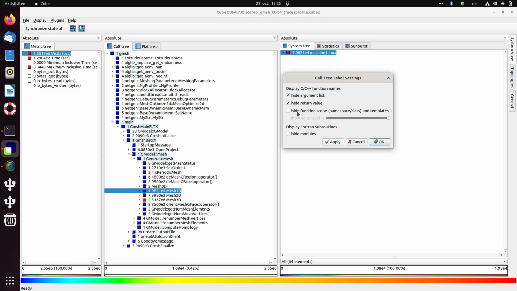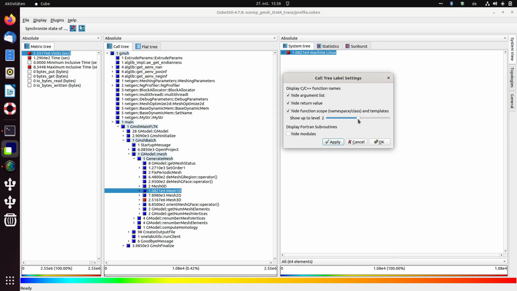So for example, I select that I would like to hide some function scope, and then I can define up to which scope I hide. And here I select actually what I want to still get shown. So for example, show up to 4 levels, which means the calls, the class names and namespace, they stay. So if I click, nothing changed. But if I shorten it and go to level 3, for example, and 2,